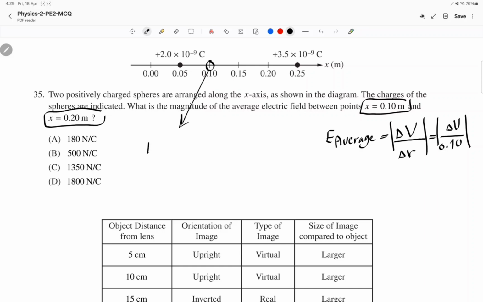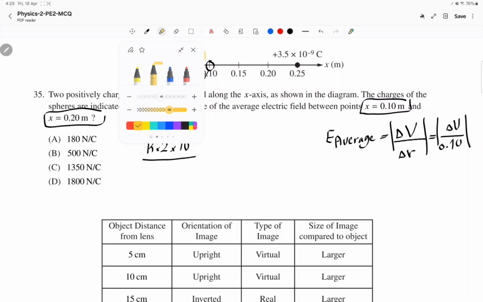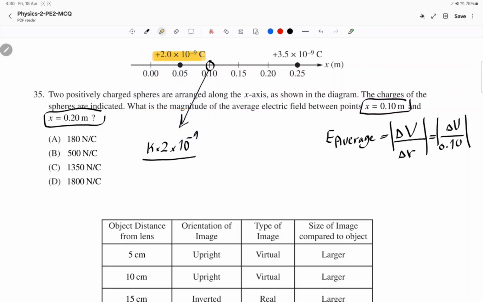I'm going to say kQ over the distance. How far is the charge highlighted in yellow from the 0.10? 0.05? Yes. 0.05